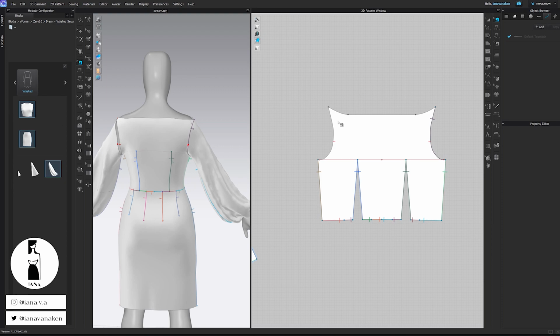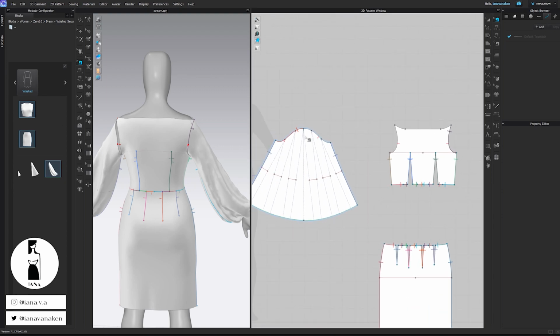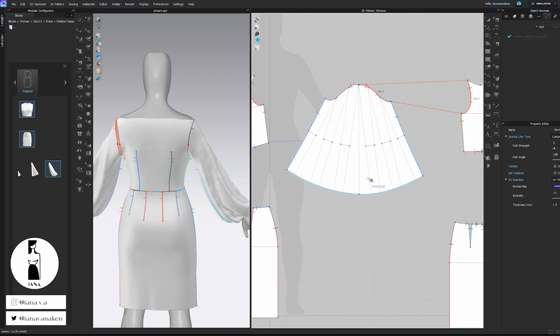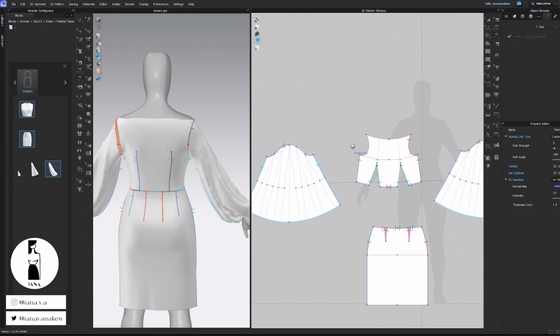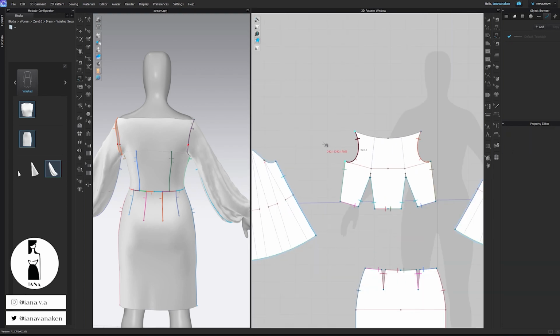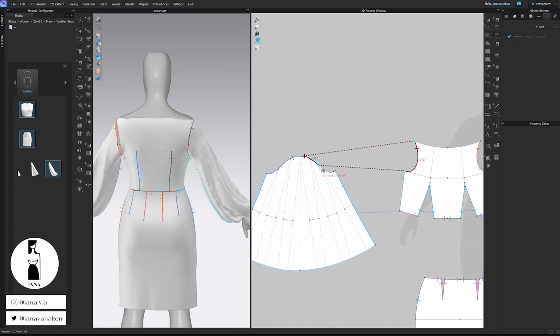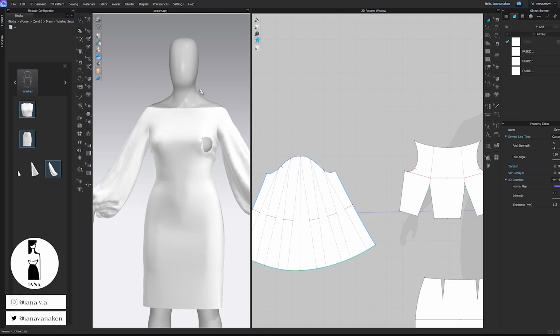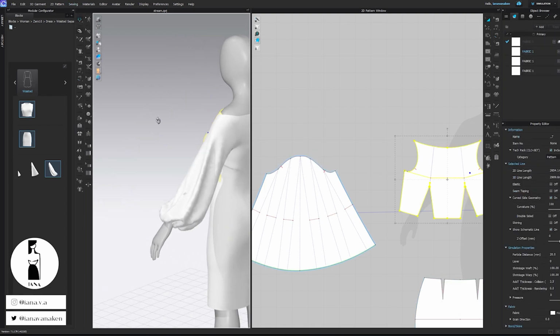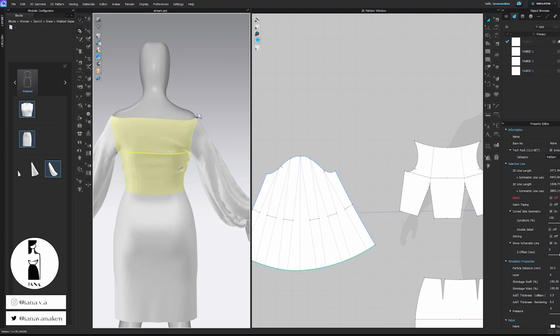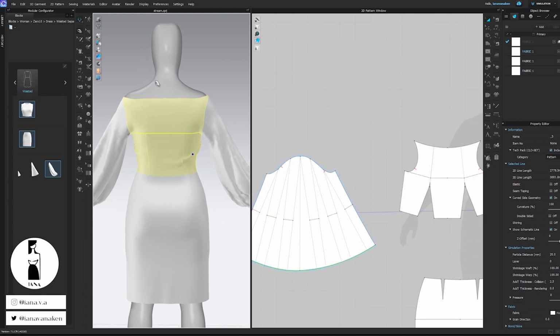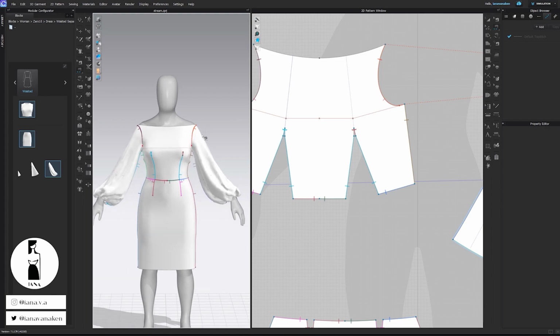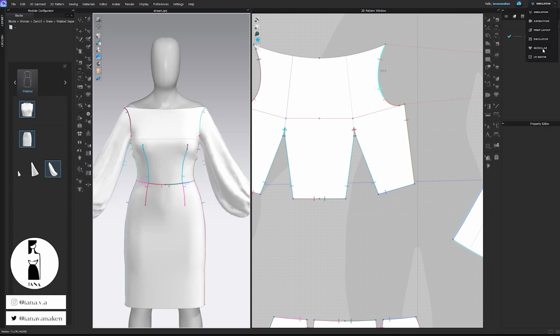Right now I need to check if the sewing lines are still preserved, and they're not. Sometimes when we do some changes, it all just gets messed up somehow, but that's okay. We just need to be checking it every now and then. Perfect. Let's simulate it. And here we have an absolutely new design. What I do right now is I need to go back to the modular configurator,